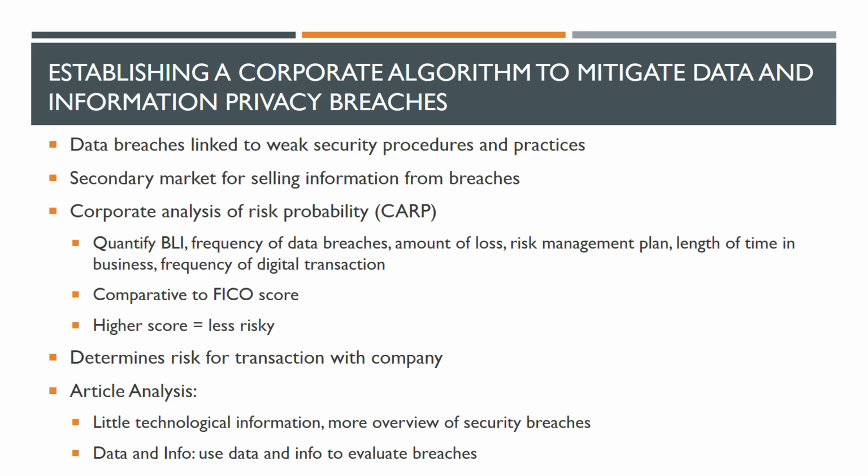My next article is establishing a corporate algorithm to mitigate information privacy breaches. So the article, for the majority of it, just talked about data breaches in general. Data breaches are linked to weak security procedures and practices, likely to either misconfigure digital systems or just something wrong in that department. And then it went on to discuss how there's this huge secondary market for selling the information from breaches. So not only are breaches huge on their own, problem-wise, but